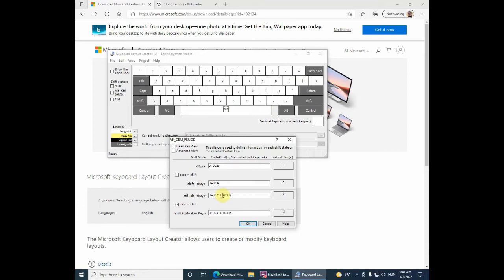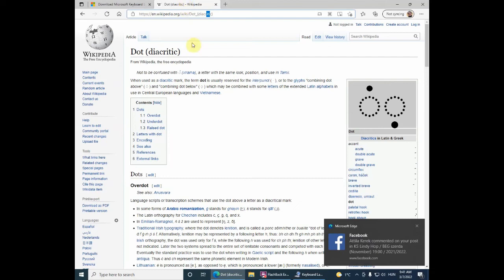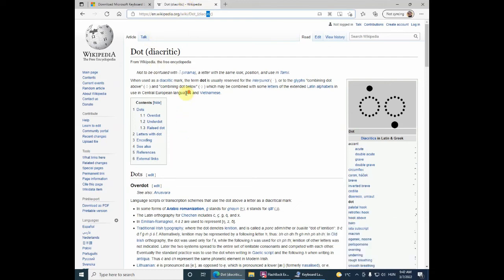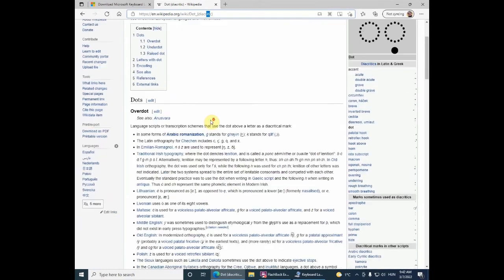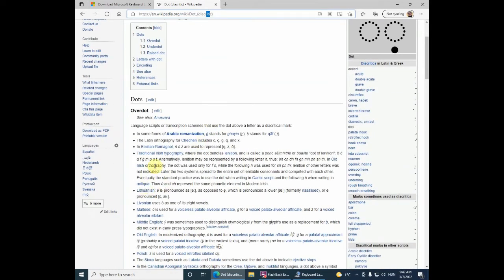The trick is that this Unicode character 0308 is a diacritic marker, and you can read a lot about it. It's a fancy and brilliant feature of the Unicode system that practically any letter can be dotted, double dotted,